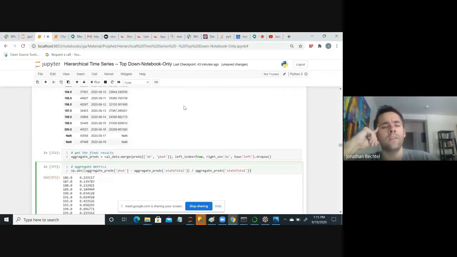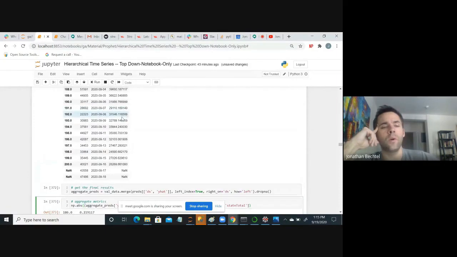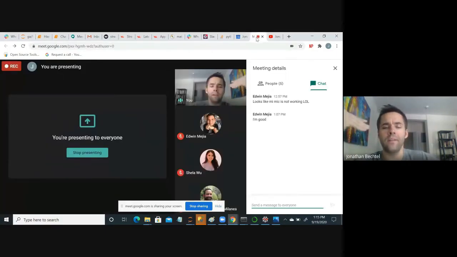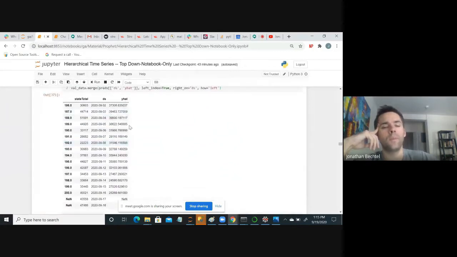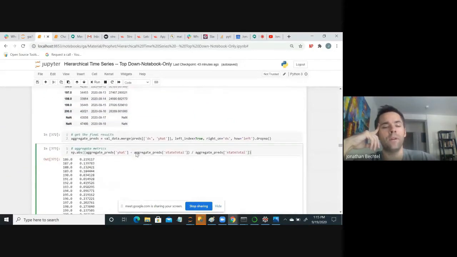But on a few of these days, there are actually some negative values for the state totals. Because I'm not sure, sometimes states will go ahead and retract some of their previous numbers. And so it might show up as being negative 4 or 5,000 cases on a particular day, but it's because they overcounted previously. So that happened here a little bit. So it throws some of these results off. But in any event, if you look at this,